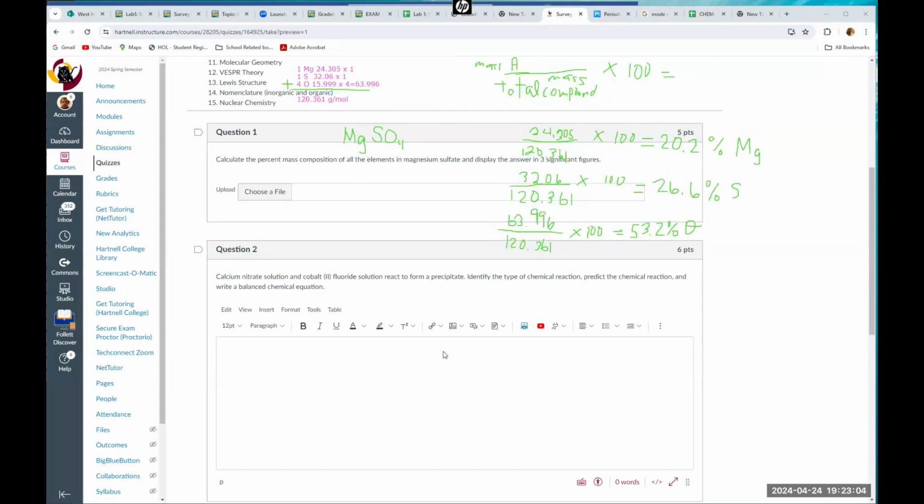Calcium nitrate solution and cobalt 2 fluoride react to form a precipitate. Identify the type of chemical reaction, predict the chemical reaction, and write a balanced chemical equation. Okay, so first off,